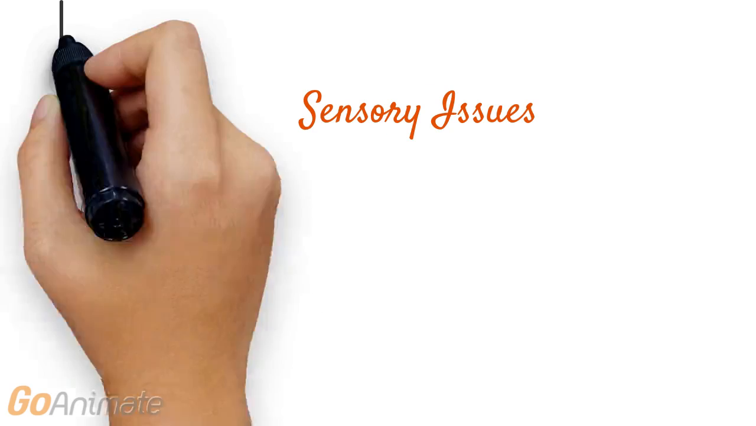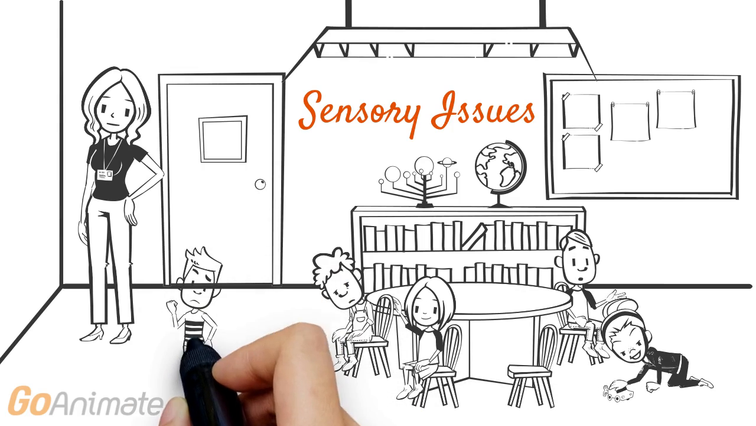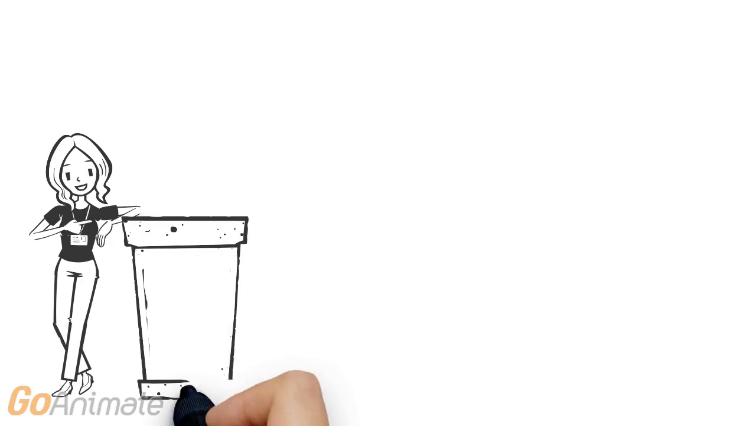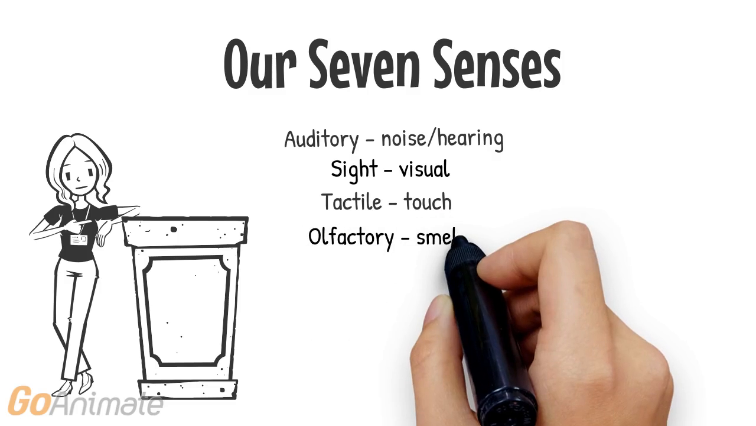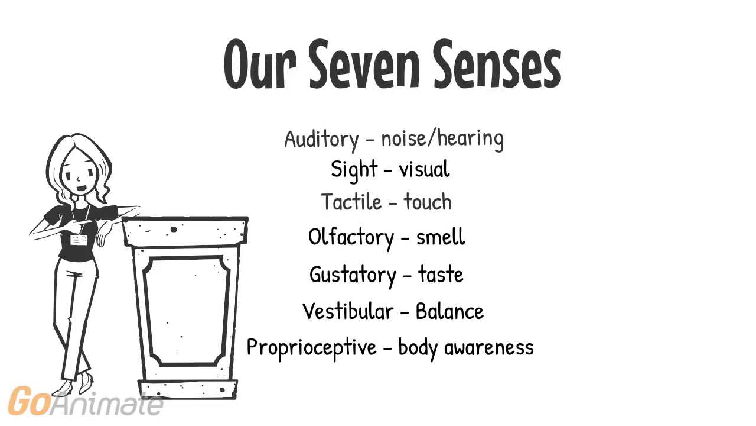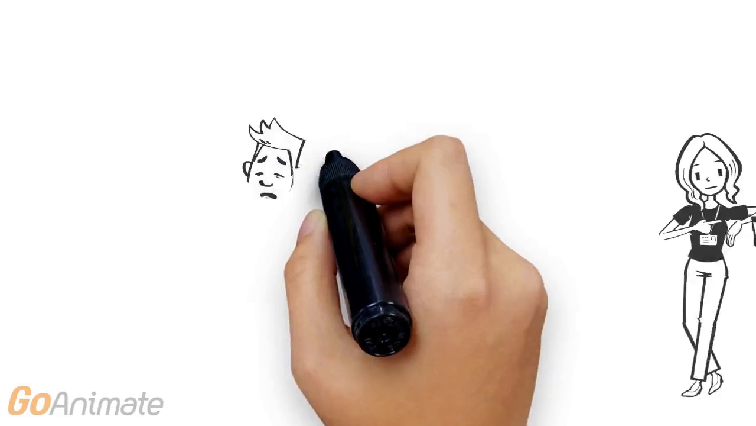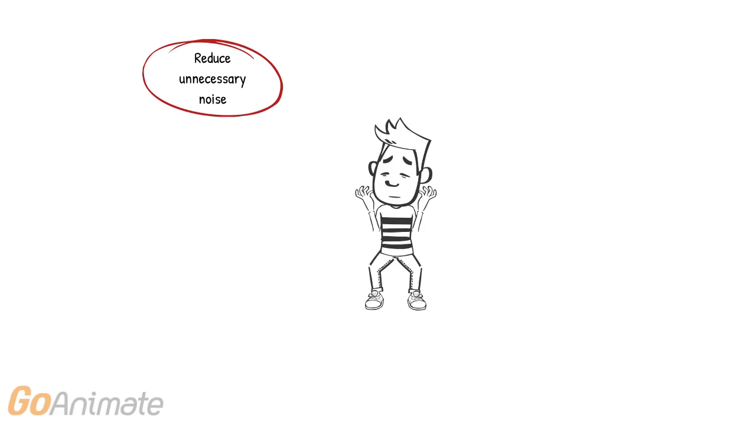Students with autism often have sensory issues that need to be taken into account in the classroom. Sensory input is processed through our 7 senses, and with children on the autism spectrum, the way their senses process information is often quite different and unexpected. Keeping the 7 senses in mind, things to consider in the classroom are reducing any unnecessary noises, both inside and